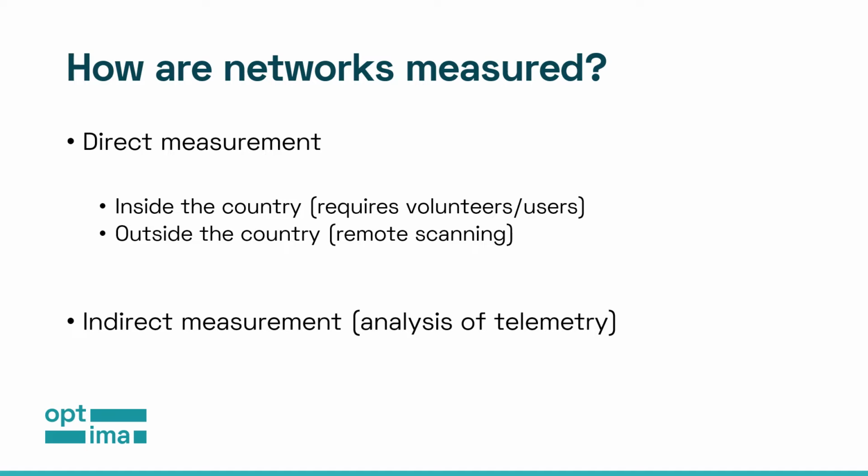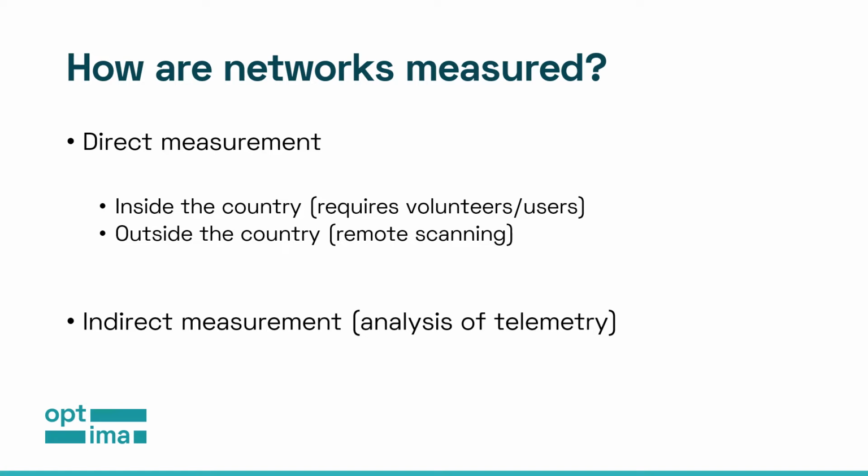However, when you are engaging someone on the ground to run these sorts of tests, it is very important that you acquire their informed consent, because sometimes network measurements can potentially be risky, depending on the threat model of the user, depending on the legal and political environment of the country, and many other factors. So as long as the volunteer or the user is informed of what type of test they're running and what they are testing, and have received all other relevant information that is necessary to acquire their consent, they can participate in this type of measurement and run tests on the ground directly to examine what is happening on the network